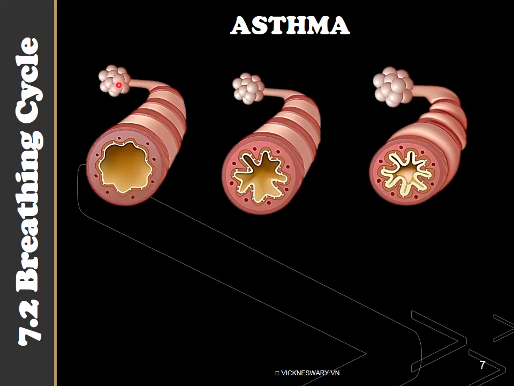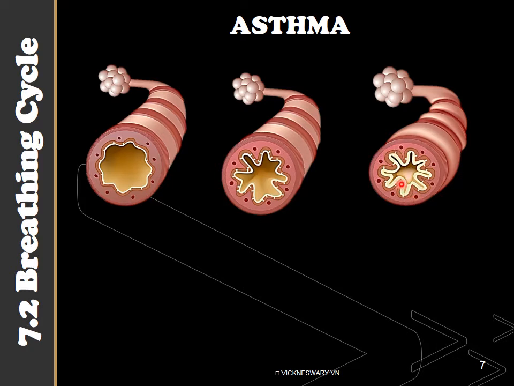This is a bronchiole. Here is the alveolus. This is of a normal patient. So you can see the airway here is big. Therefore, gas can go in and diffuse out easily. Now, a person who has asthma tends to have a slightly narrow bronchiole. And this naturally is going to make air exchange less efficient. But in this diagram here is when the asthmatic patient is having what is known as an asthmatic attack.